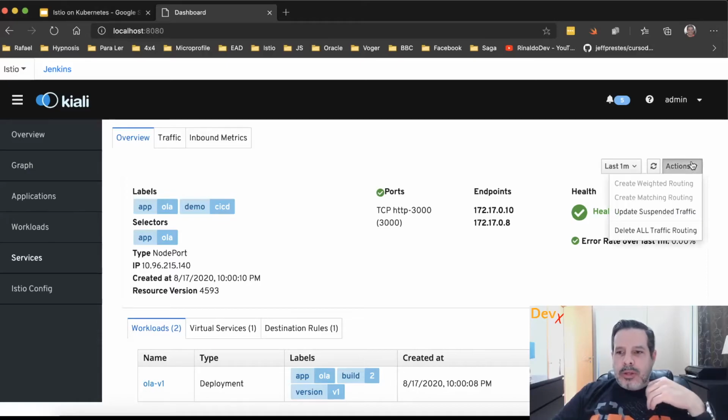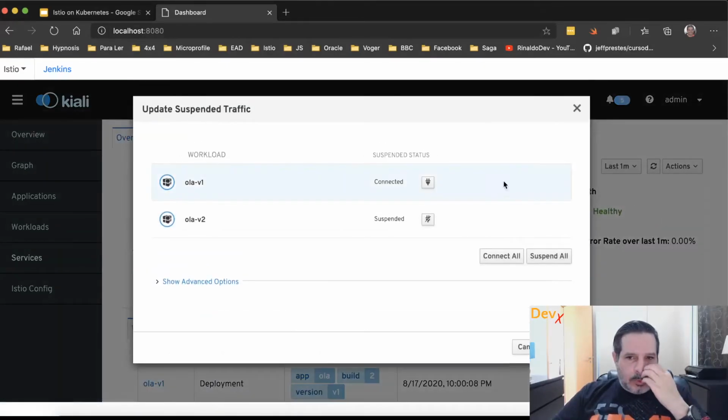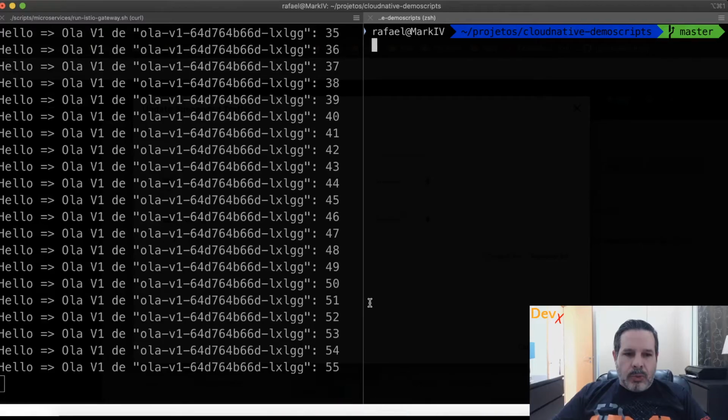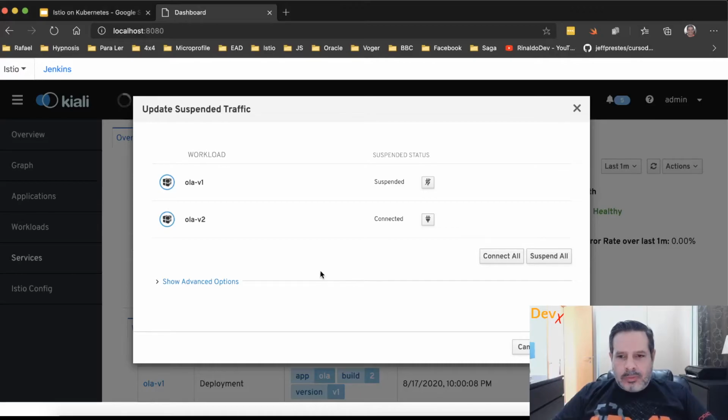Or I can disconnect v1, and note here that there was no downtime. What I will do now is update the traffic, disconnect v1, connect v2, and once I update the rule, we will see the behavior changing here. So it's applying the rule. Still applying.